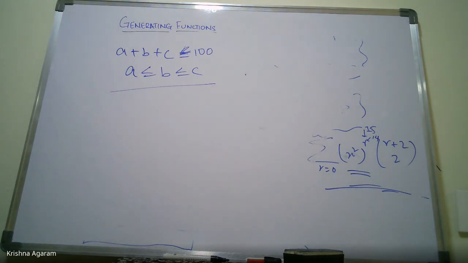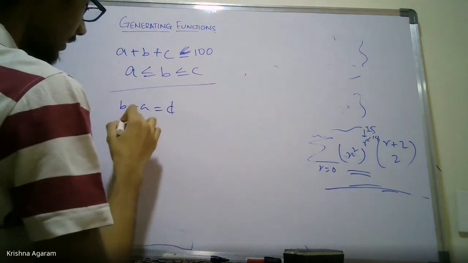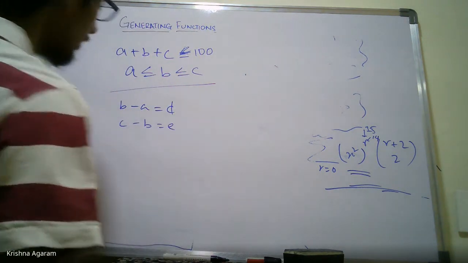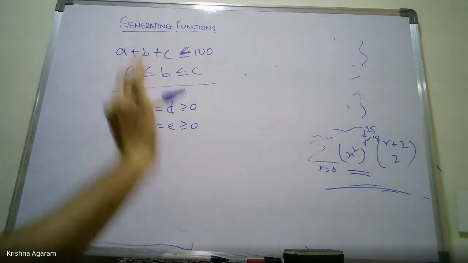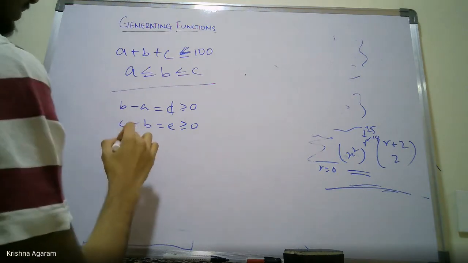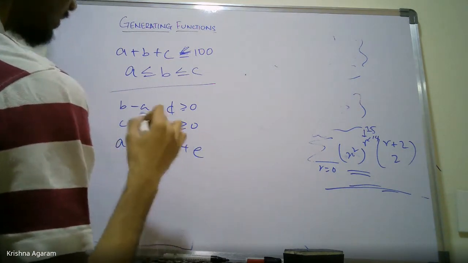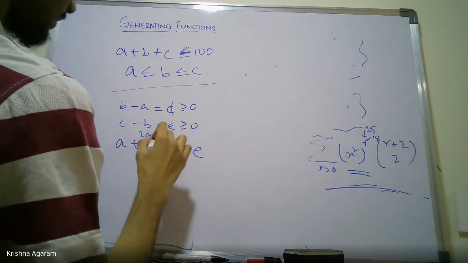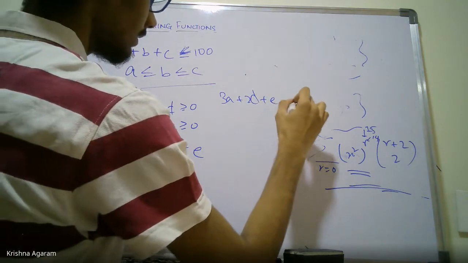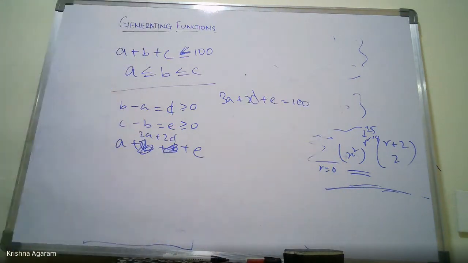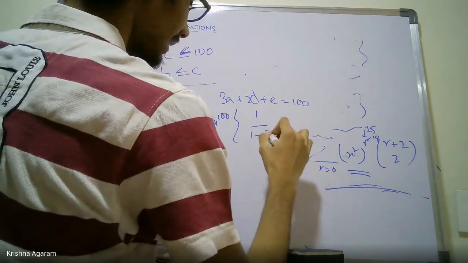Okay. So what you do for this is you write b minus a is d and c minus b is e, and these are greater than or equal to 0. You have no condition on d and e now, they're just non-negative integers. So write it as a plus b plus c. This 2b is just 2a plus 2d. We basically have 3a plus 2d plus e equals 100. No conditions on these, they're just non-negative integers. So it's just x power 100 of 1 by 1 minus x cubed times